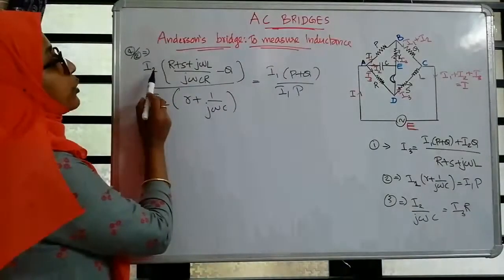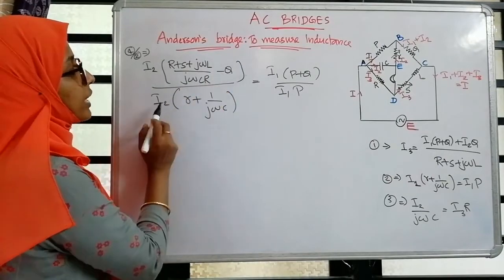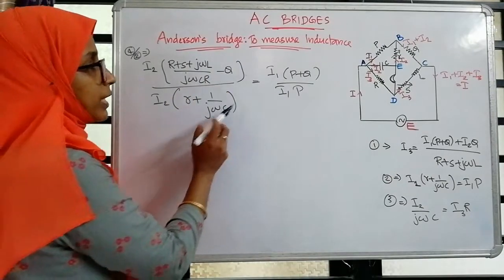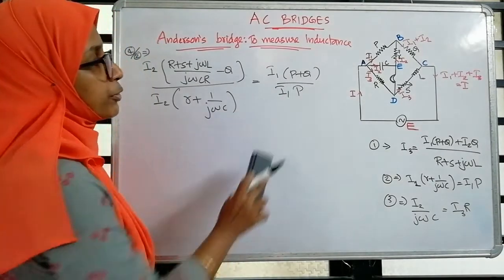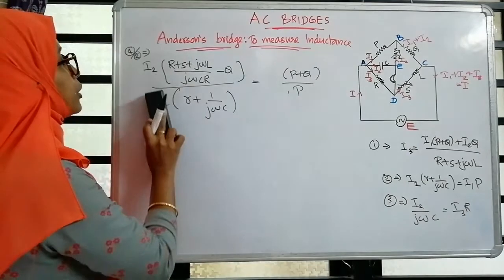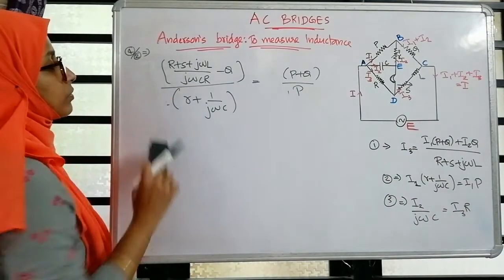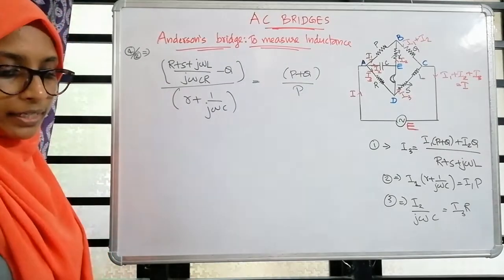That is I2 into (R plus S plus j omega L) by j omega C R minus Q divided by I2 into (R plus 1 by j omega C) is equal to I1 into P plus Q divided by I1 into P. Here the I1 is common, so we can cancel, and the I2 also got cancelled. Okay. Now we can rearrange it as,